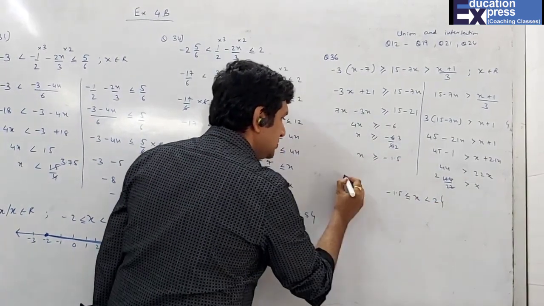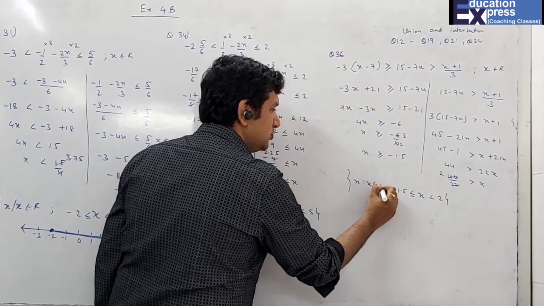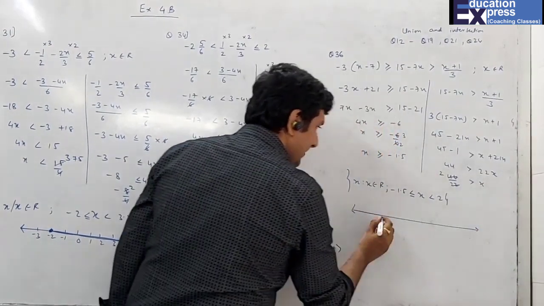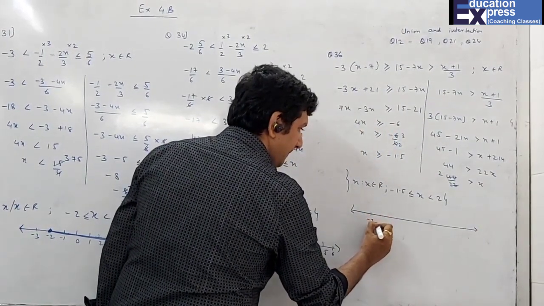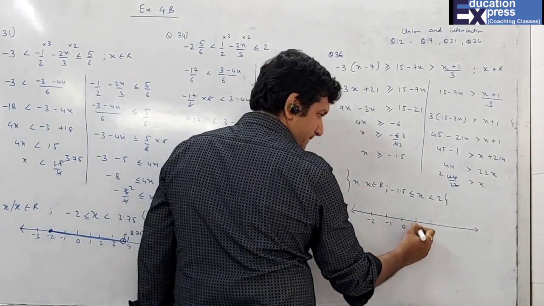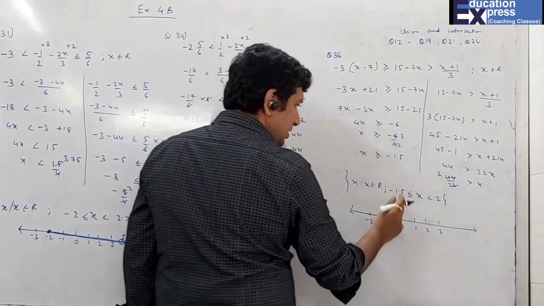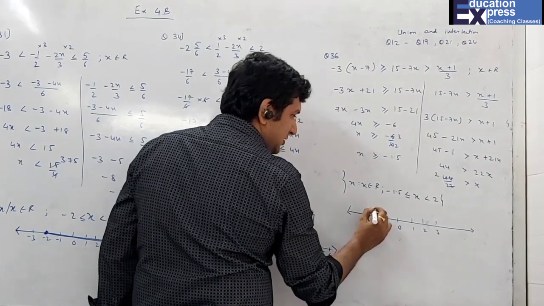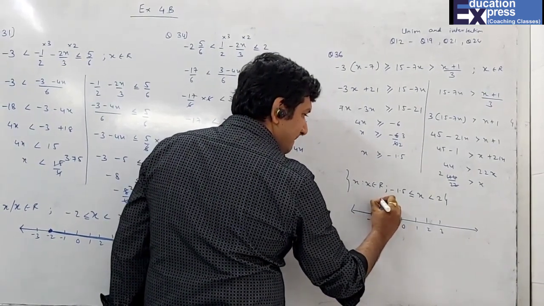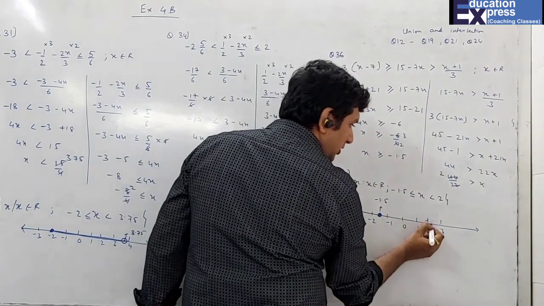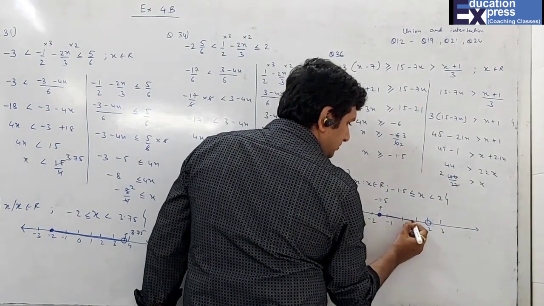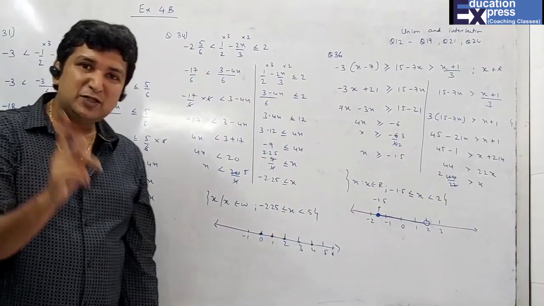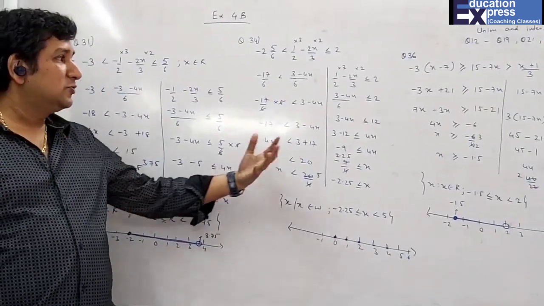So what is x belongs to? X such that x belongs to real numbers. And this is the condition. So minus 1.5 is included, somewhere here minus 1.5, and it's equal to, so I will draw a solid circle. And 2 is not included. In all the sums I have followed one thing, that I have always tried to get x as positive and the sum becomes very simple.